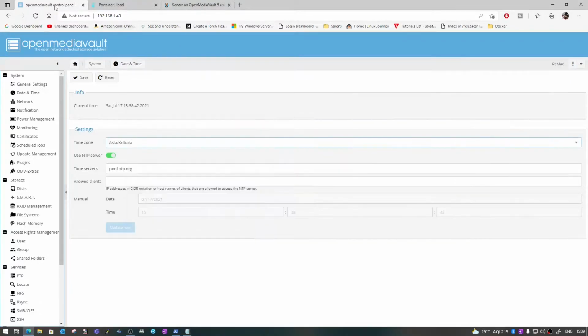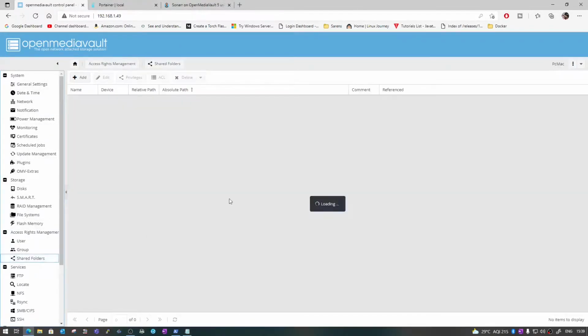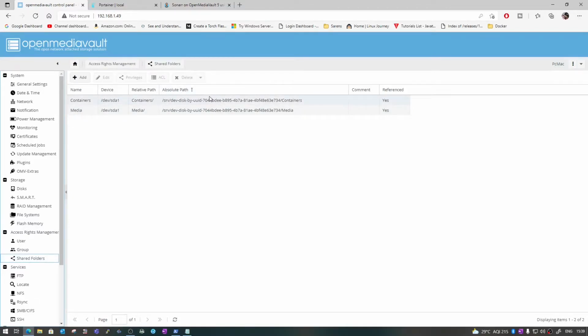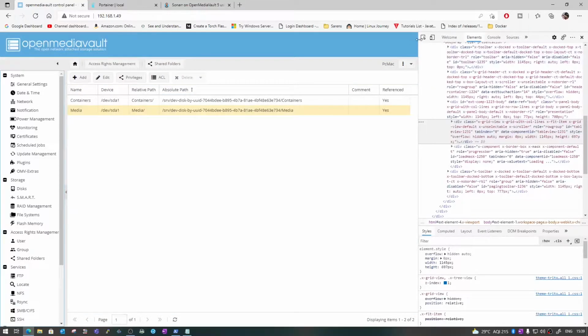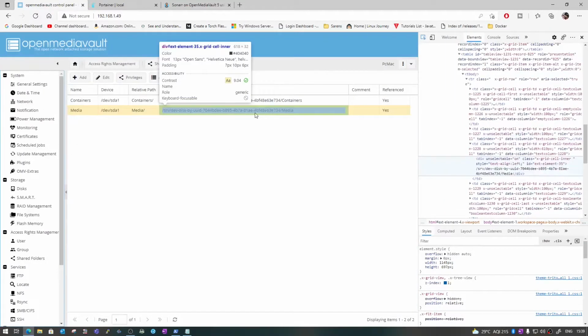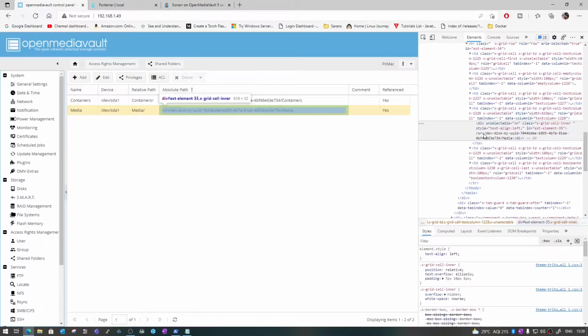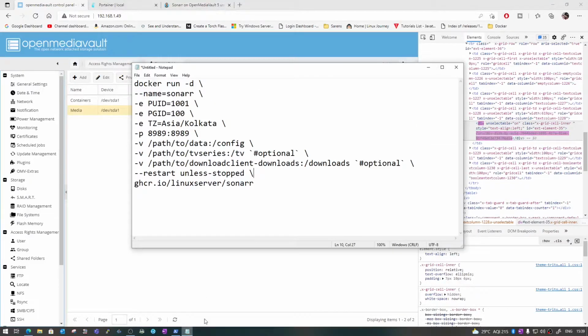First of all, let's go back here and go to Shared Folders, and you can see the absolute path. If you don't know how to find the absolute path, just click on the arrow. Whenever you hover on this bar and see the arrow, click on it, go to Columns, and then Absolute Path is right here. To copy it, click on it or right click on the blank area, Inspect Item, then choose this arrow from here and click on this, and you will find the srv path, this one. Just double click on it and it will select the whole thing. Copy it and go back to Notepad and paste it here.